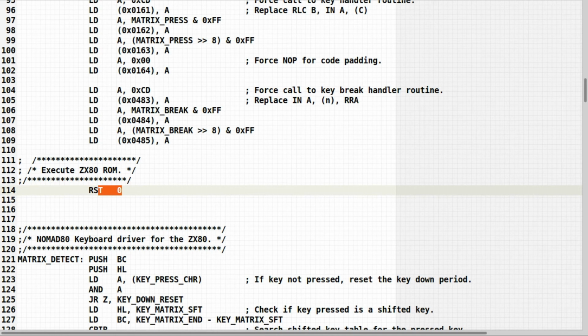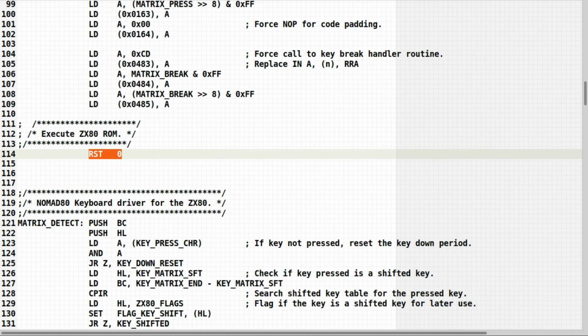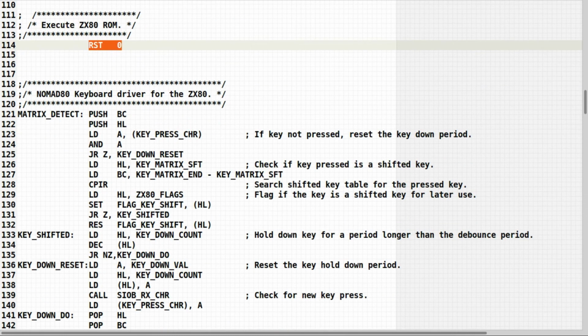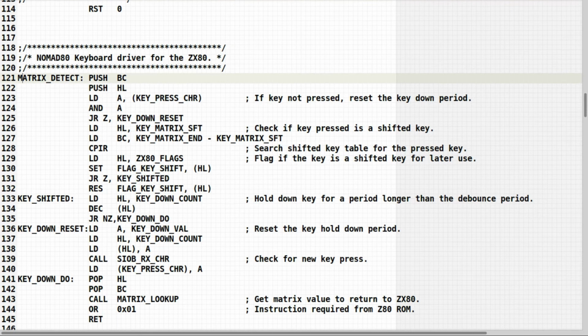So if I go RST, which is just an easy way of saying jump to address 0, it starts executing the ZX80 ROM and it runs. But below is the places where it actually calls my drivers. So there's a matrix detect, which happens when someone presses a key. So this is a character received from my serial port, and it has to decide